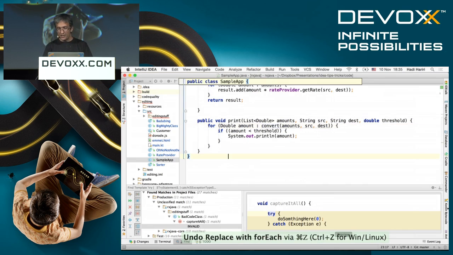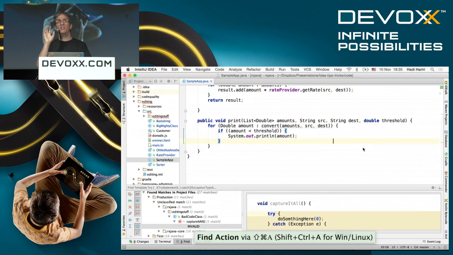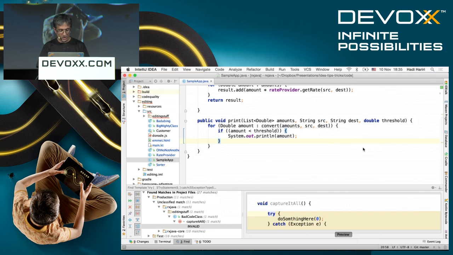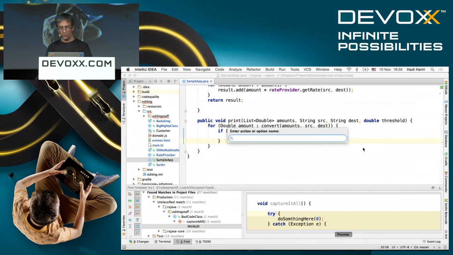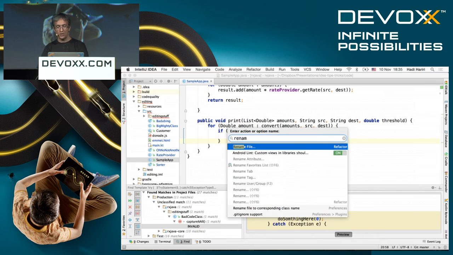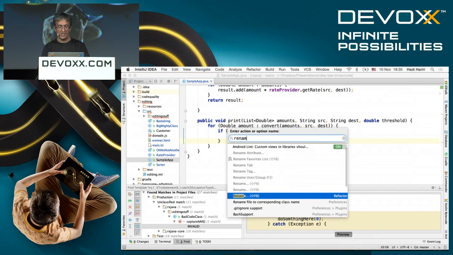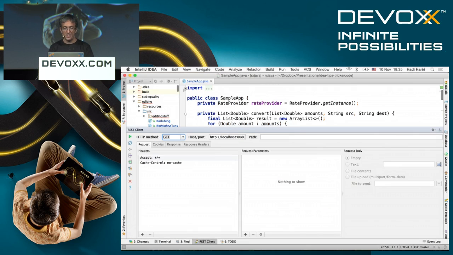It's fine. Okay, to finish up, a couple more things. We have this little thing over here, which is probably one of the most important keyboard shortcuts you should know about, Shift-Command-A, and what that does is execute an action. And if you don't know the keyboard shortcut, you can just look it up. So for example, if I say rename, it shows me the renaming and all of the keyboard shortcuts. I can run anything from here, including, for example, test RESTful web service, which is a very good built-in tool to allow you to call out to any web service, do get, post, delete, options, everything. You can pass in request bodies, the whole works.